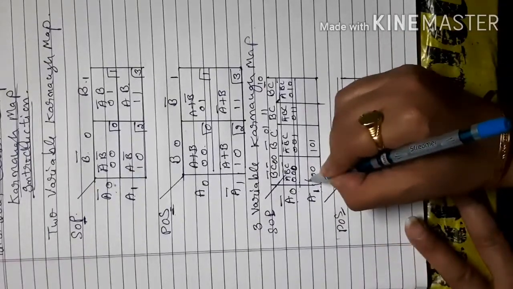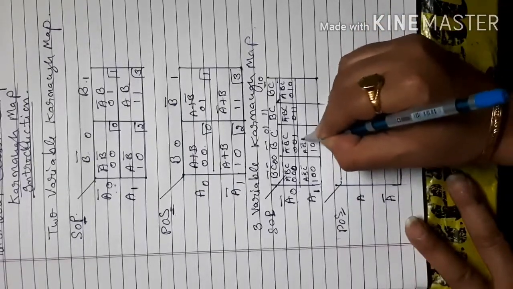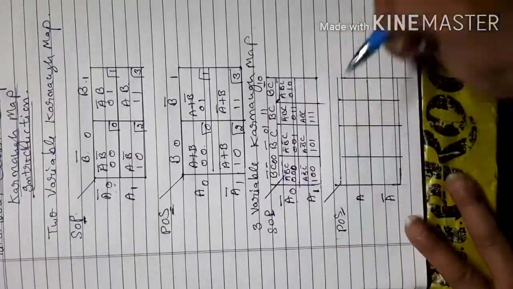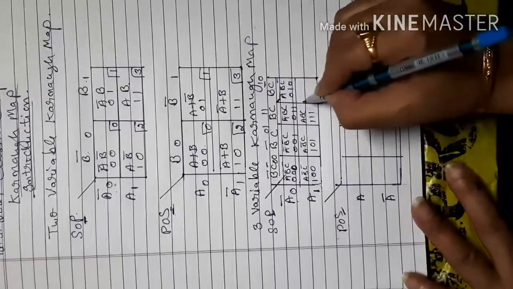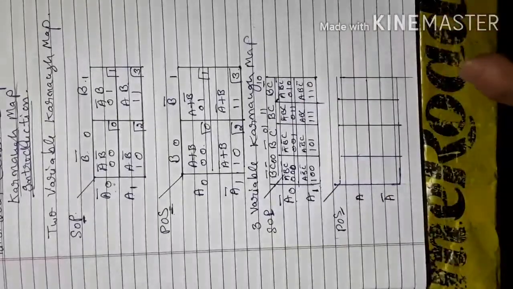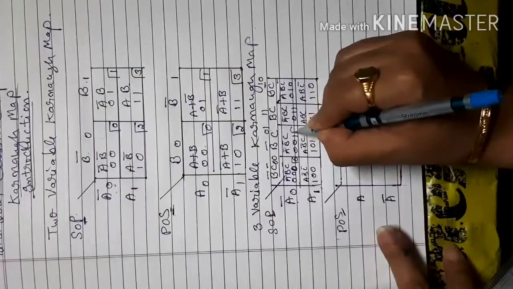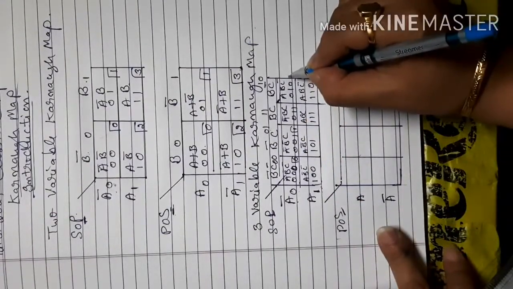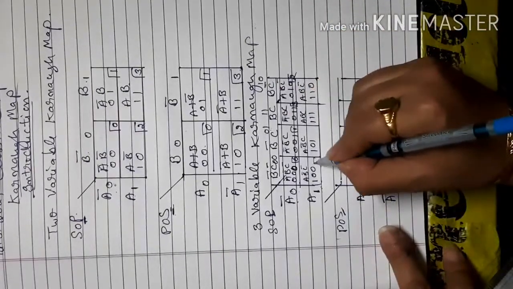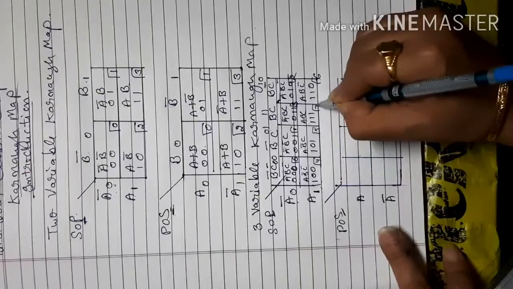So that is A B complement C complement, A B complement C, and this will be A B C. All are 1 there, that is 1 1 1. And the last is A B C complement, that is 1 1 0. So no term is repeated here. In the corner you have to represent the decimal numbers 0, 1, and moving here, this is 2 and this is 3. So this is 4, this is 5, this is 6, and the last is 7.